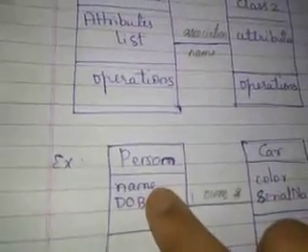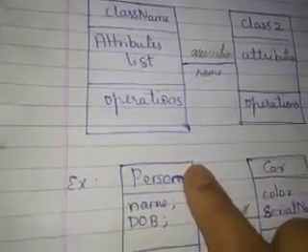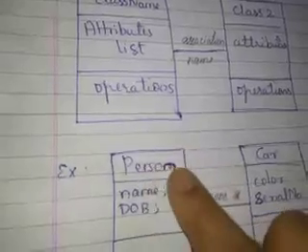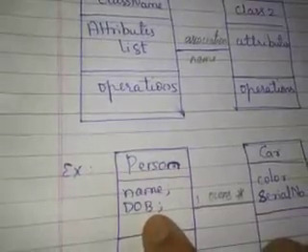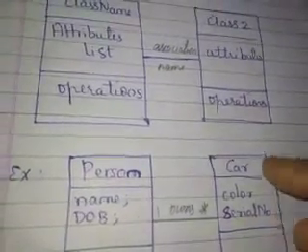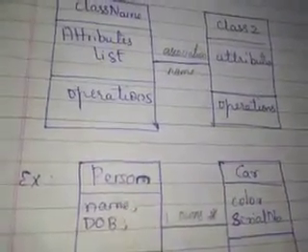Always the attributes explain the property of a class. So here a person is described by his name, his date of birth, can be address, mobile number and so many other things. Similarly, a car can be described, or the car's properties can be its color, its serial number, which model it is, right? So in the fourth step, we are finding the attributes.